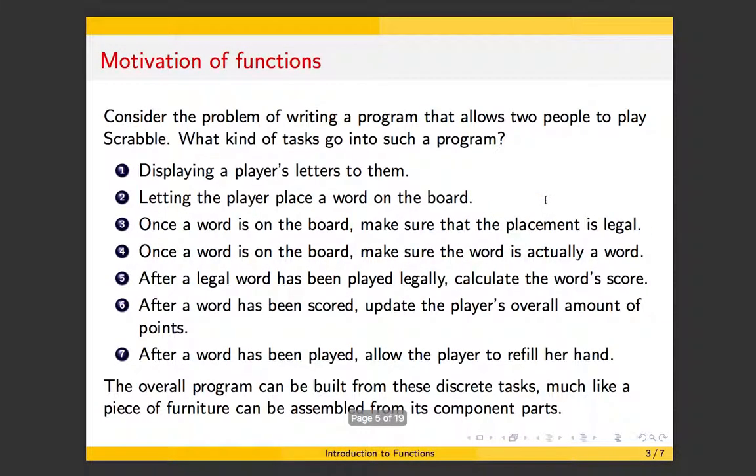If you've built your program from functions, think about these tasks. Does this task care that there are 8 rather than 7 letters? No. You wouldn't have to modify this at all. Does this task here care that you have 7 versus 8 letters? Not really, I mean, you're just putting stuff on a board. Placement being legal doesn't care about how long the word is. Whether the word is actually a word doesn't care. Calculating the score of something doesn't care. It seems like the only task that really cares about how many letters you're allowed to have